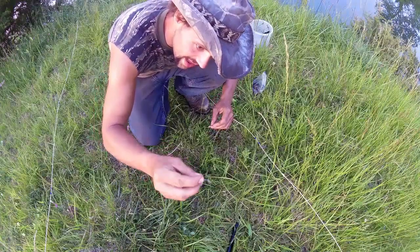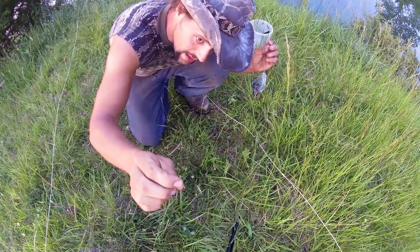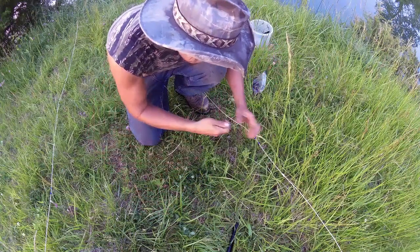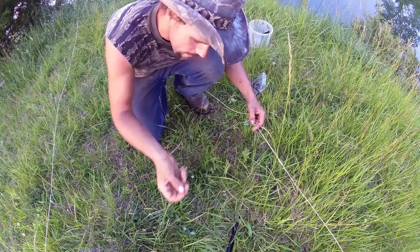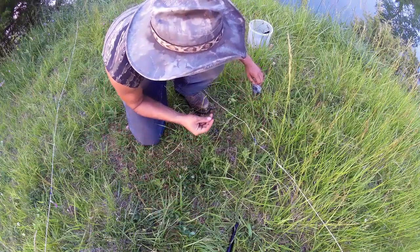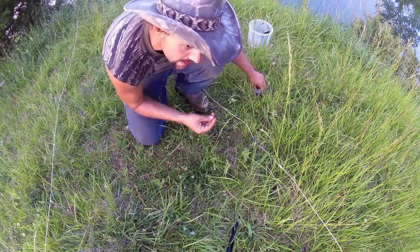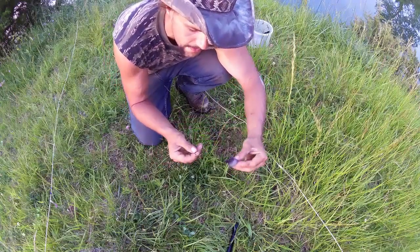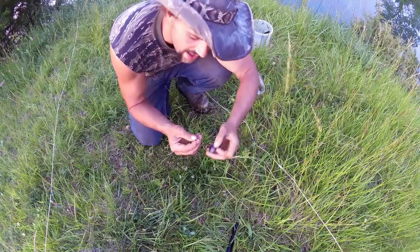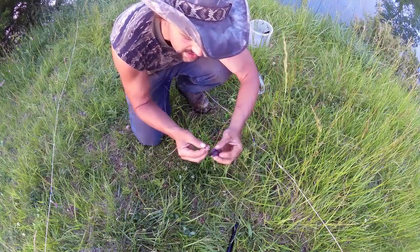Now I've showed this a lot, but this is my 2-foot demon hook trot. Clips on the line just like this. But you know what? People got questions, so I'm just going to keep answering them. I can't be mad at you if you've never done it. Got shrimp in a stocking here. Hopefully this is going to